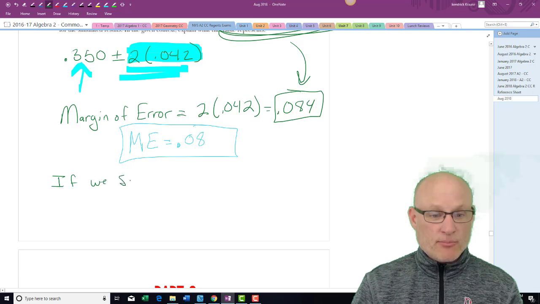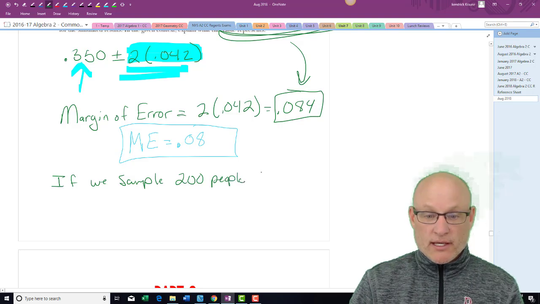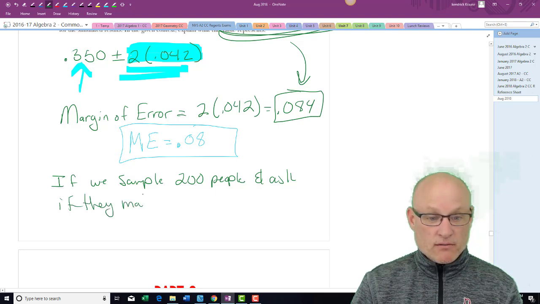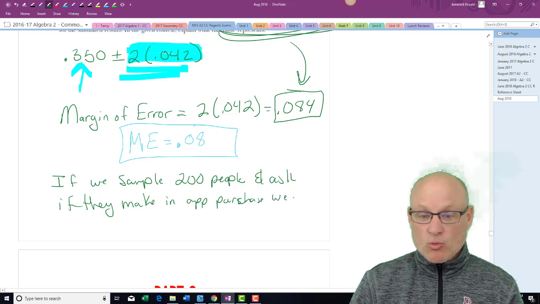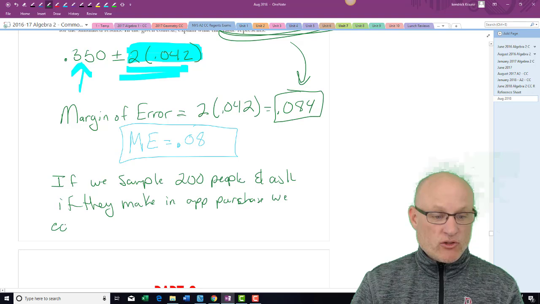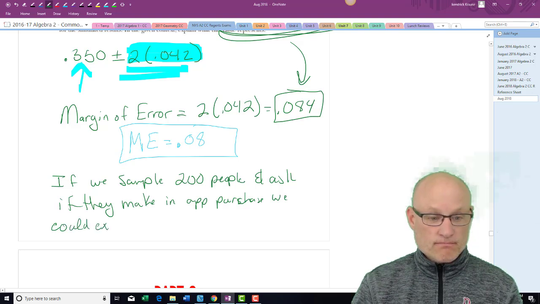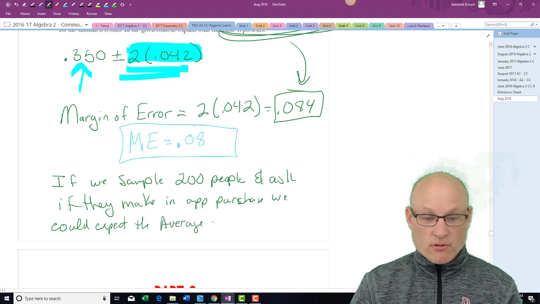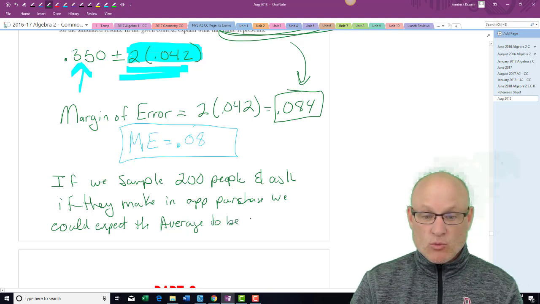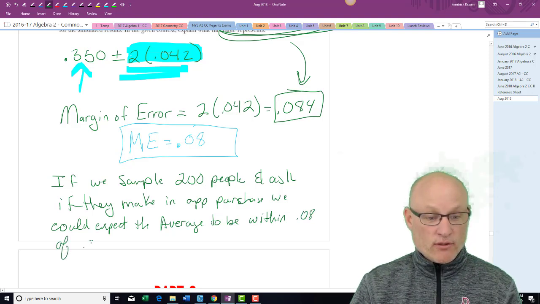If we sample 200 people and ask if they make in-app purchases, we could expect the average to be within 0.08 of 0.35,